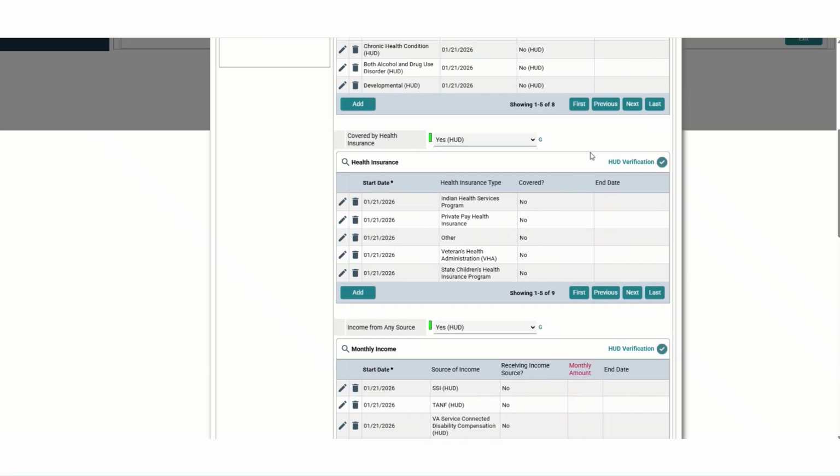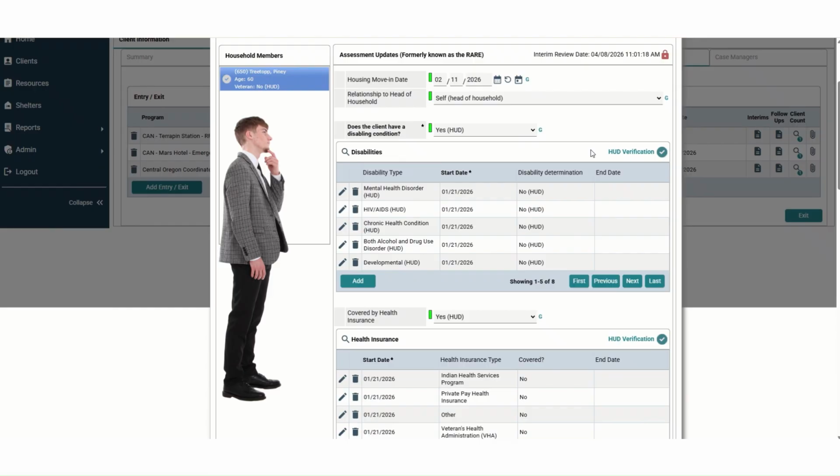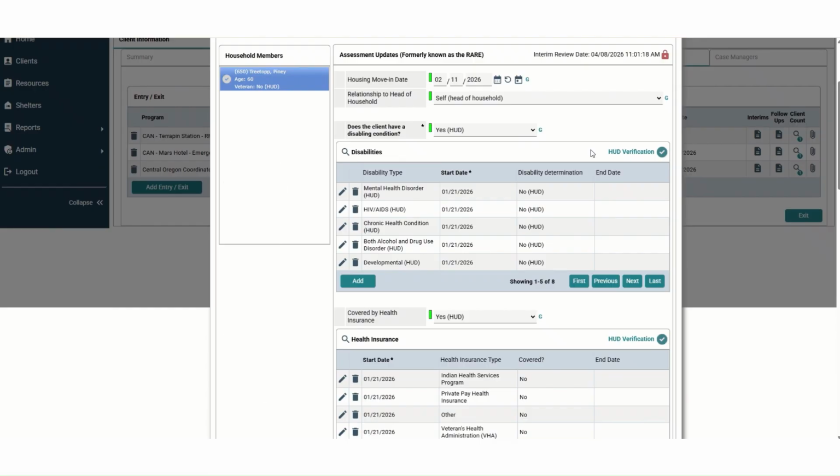So in this scenario, we're going to talk about some good news and some bad news. Good news is this client now is receiving some pension benefits. So they applied for and got some pension benefits, so that's going to add to their income. The bad news is they have been diagnosed with another disability. So we're going to have to go ahead and change those things right now. So we want to do that